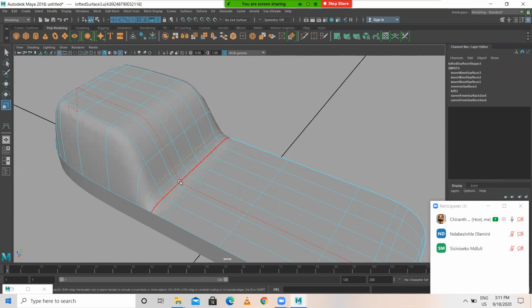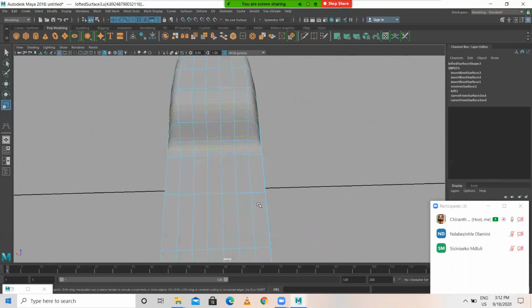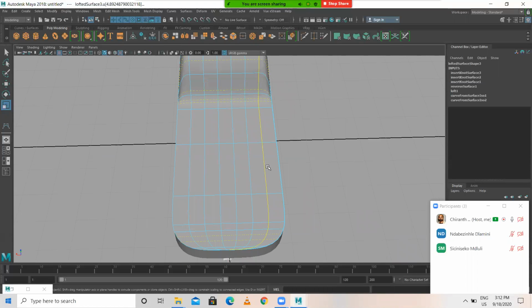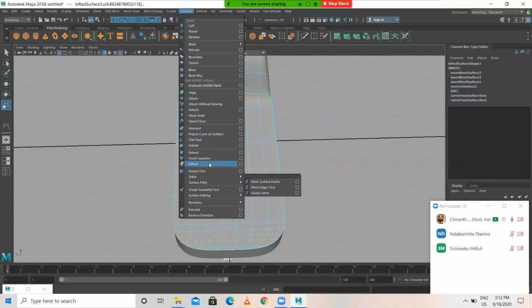Just I'm placing one isopalm over here. Surface, insert isopalm.